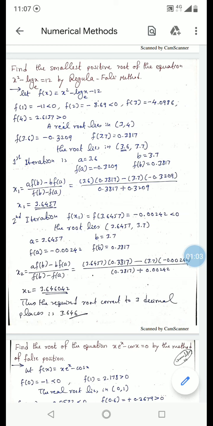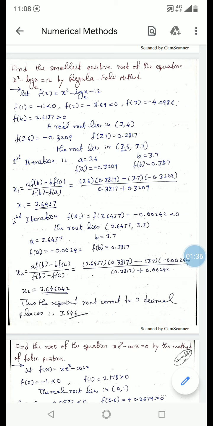To get the positive root of the equation, we solve by iterative process. If the two iteration answers are nearly the same, then that is the answer. So here the root lies between 3 and 4. If we take values in between these 2 points, then we get the answer easily. For that, we put x equal to 3.1, 3.2, 3.4 up to 4, such that again we get a negative